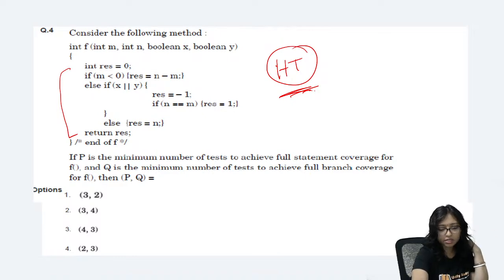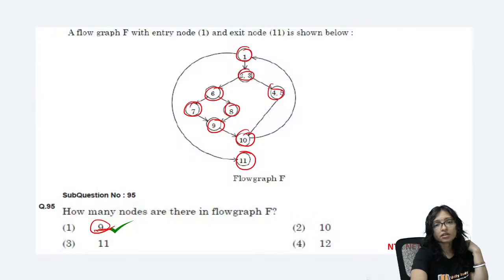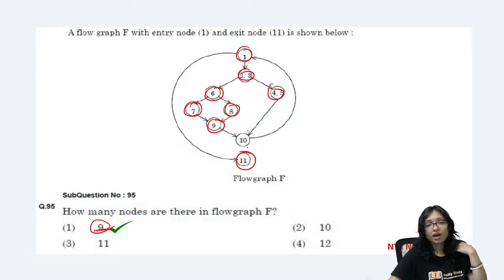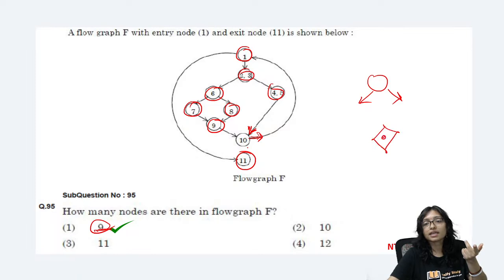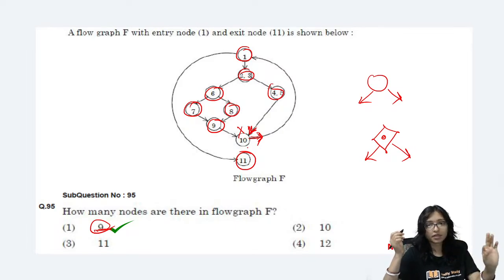Why not 10 predicate? Where you got 10? Here, at 10, there is one incoming arrow and another outgoing arrow. Check very carefully. Condition means 2 outgoing arrows. Condition means 2 possibilities. Here you are checking a condition. If true then do this, if false then do this. That is 2 outgoing arrows. Here this is one incoming, one outgoing. That's why it is not a predicate node. Got it? Only outgoing, not incoming. Predicate node means more than one